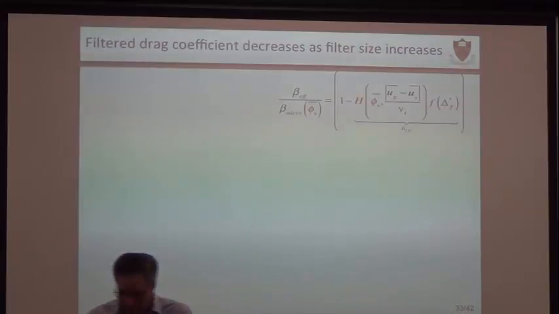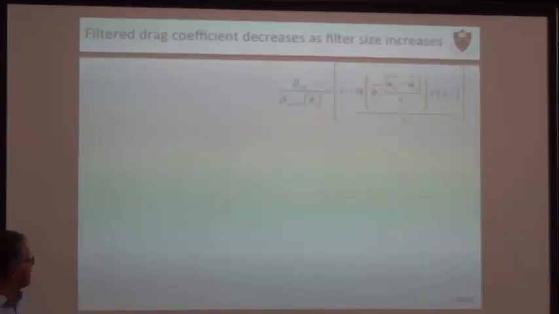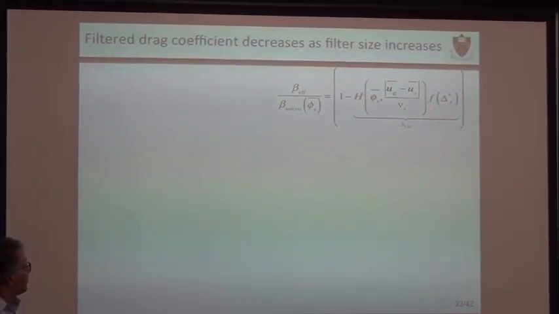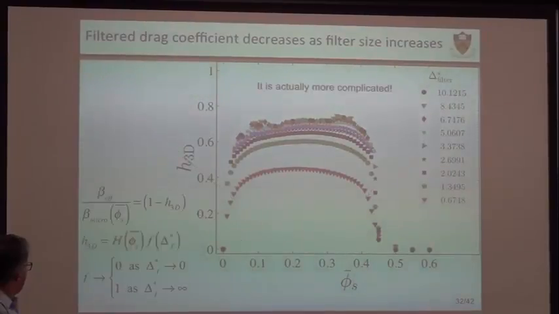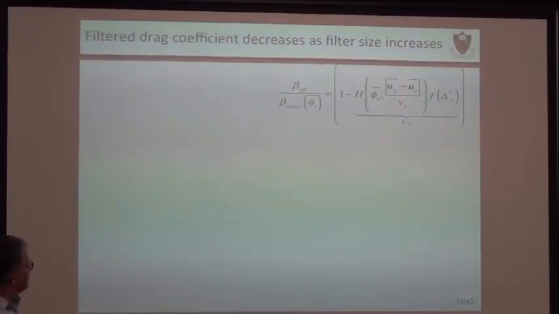I will show you one thing to illustrate how seemingly non-intuitive results come out when you do this kind of analysis. I showed you that this effective drag coefficient is 1 minus the function h. That is a product of how big your filter size is, and something that depends upon the volume fraction. On the previous slide, I showed you that quantity is only a function of volume fraction. That was our first generation model. Now that you look at the data more closely, that's not very true. There's a second marker that you need to think about.